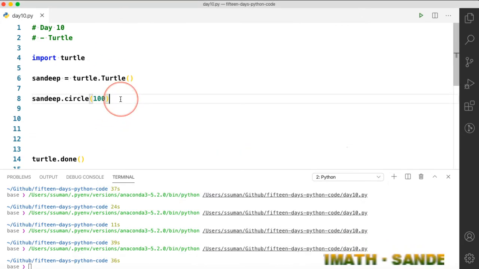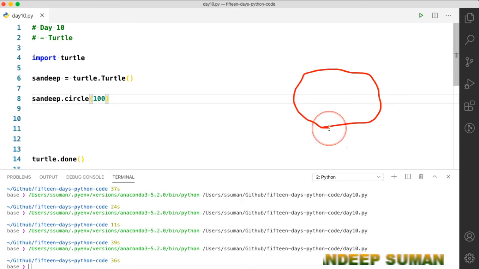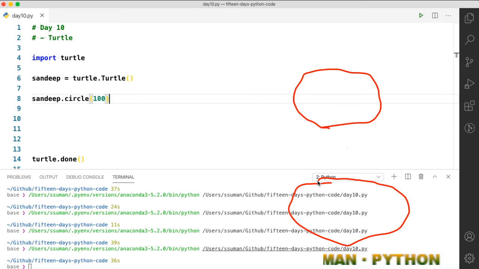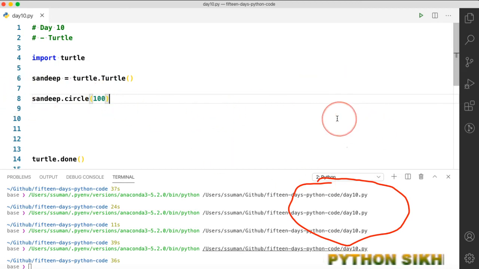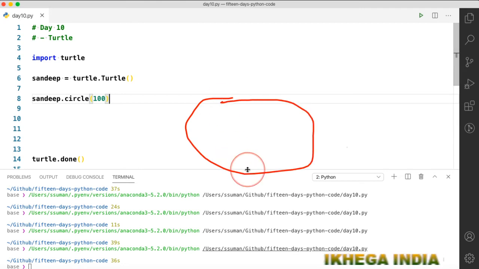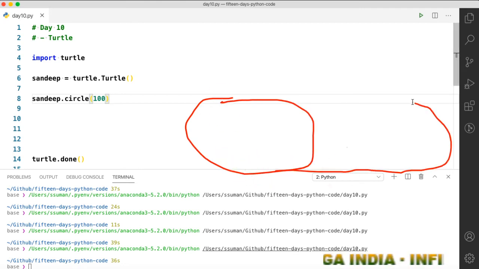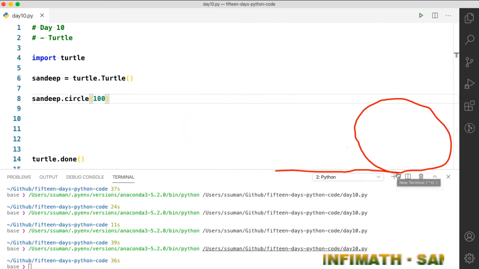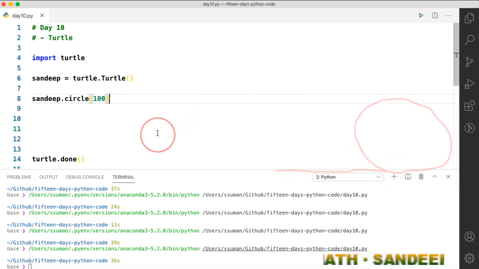So what we will do, we have one circle, and we will move 100 in the forward direction, and then we will create another circle. It will look like this: first circle, and then we will move some 100 or 200 pixels in the right forward direction, and then we will create another circle.